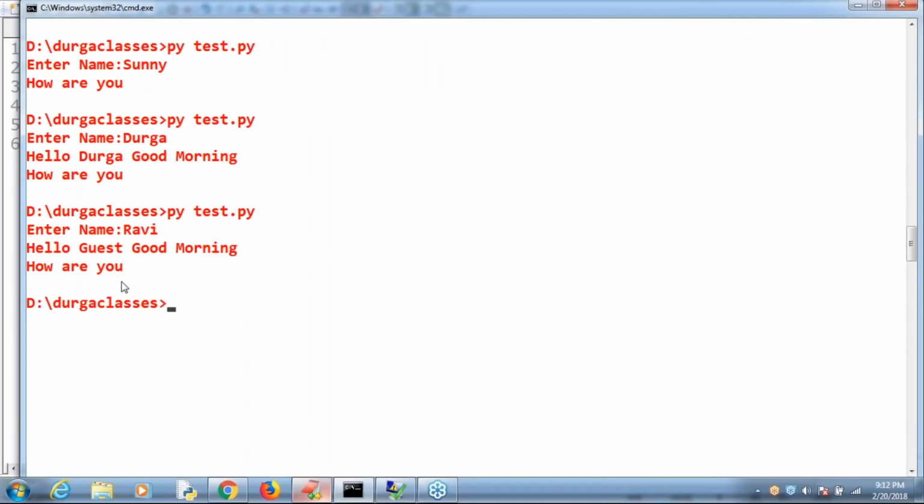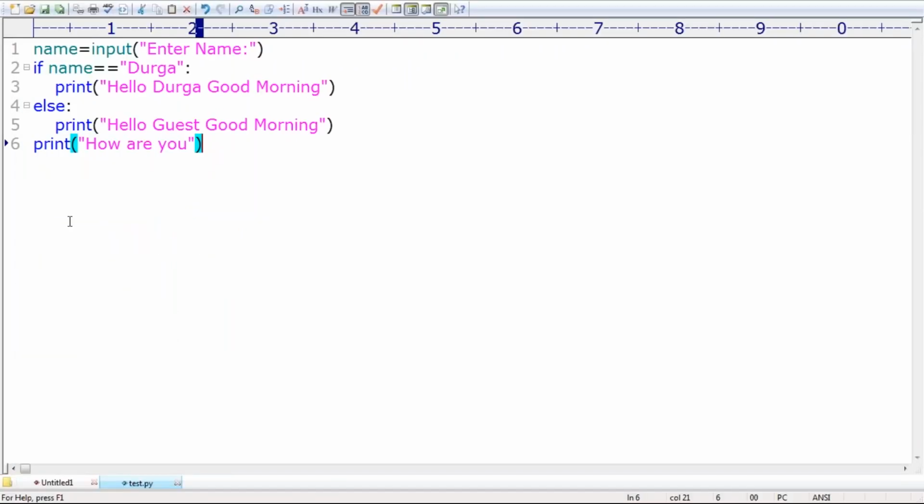Clear? Are you familiar with if-else syntax? From our childhood onwards, whenever we learned C language in the first or second standard, I hope you people are already familiar. What is there inside? If condition, colon, execute block 1, else execute block 2. Like this we are required to write. That's all about if-else syntax, right?